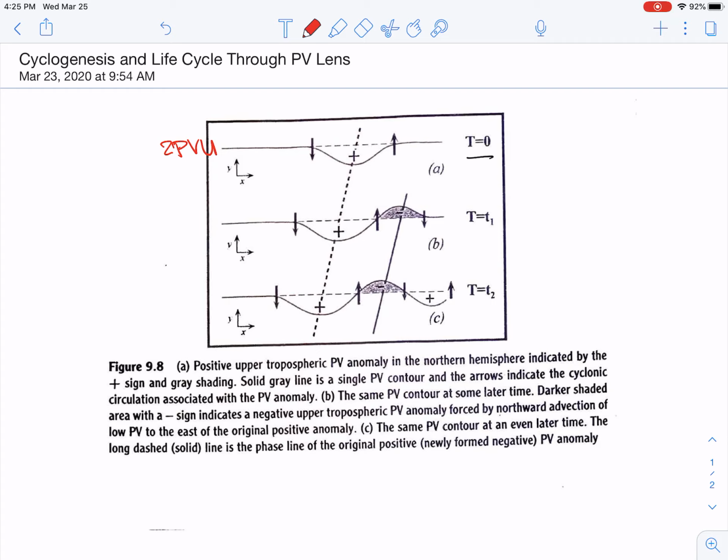From this initial time, if we have a northward moving wind on the east side and a southerly moving wind on the west side, by the time we move to our next time step at time t equals t1,